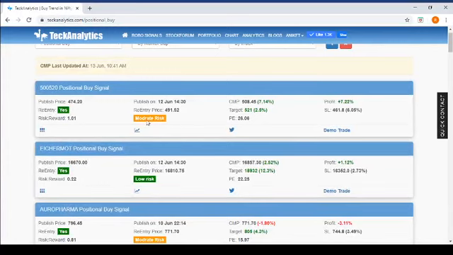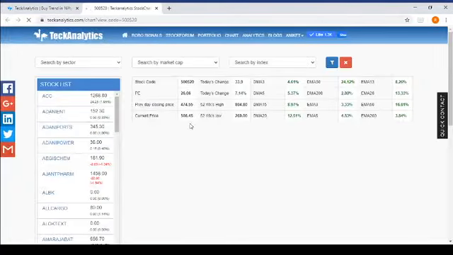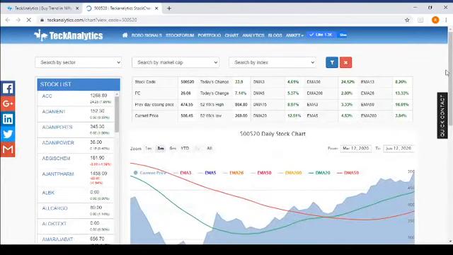So risk, it says moderate, and the PE is price to earning. That comes from the software. It calculates and prints on the website. And there are some icons at the bottom. We will go through those icons. This is for the technical chart. When you click, it will open the technical chart of Mahindra and Mahindra.